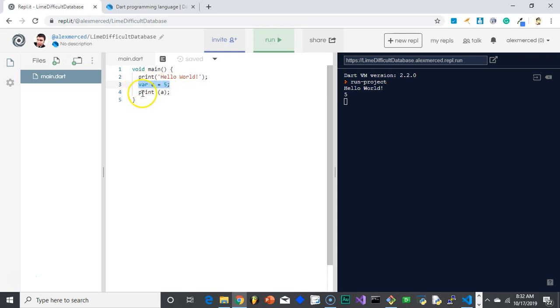I declare my variable, then I print my variable 5. So it prints on the screen. Cool. Now, this is a compiled language, so like most compiled languages, C++, C Sharp, etc., there is a